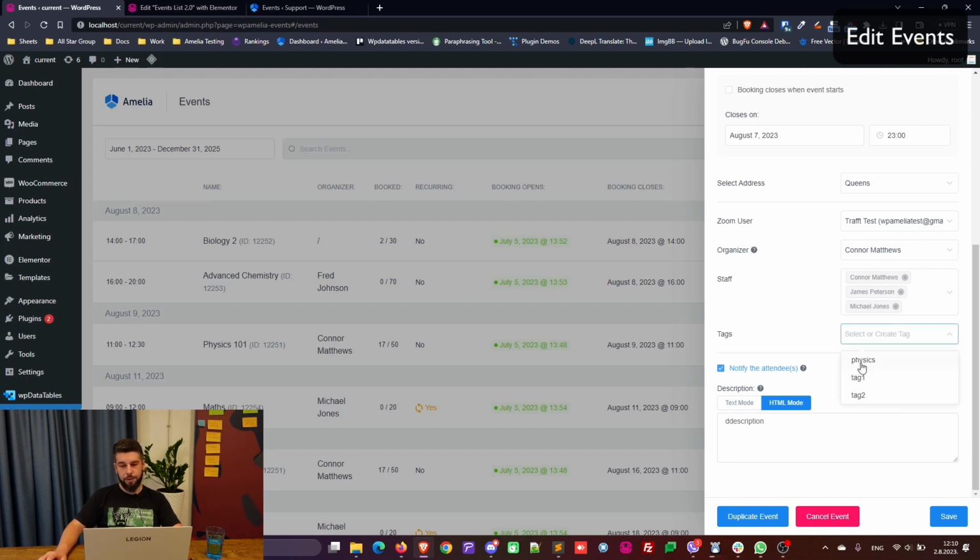So let's say Connor is the lead professor and James and Michael are assistants. In here, you can see your previous tags, but when you start typing and hit enter, you'll create a new tag, which will be shown in here and all other events in the future. The notify the attendees checkbox is here to allow you to send notification to your attendees if they booked when you click save. So in here, let's just say Biology 2 is an event where we'll cover the basics of